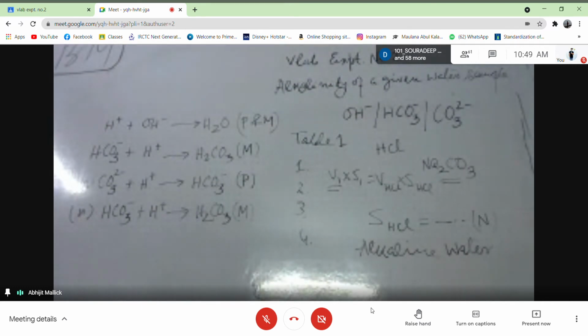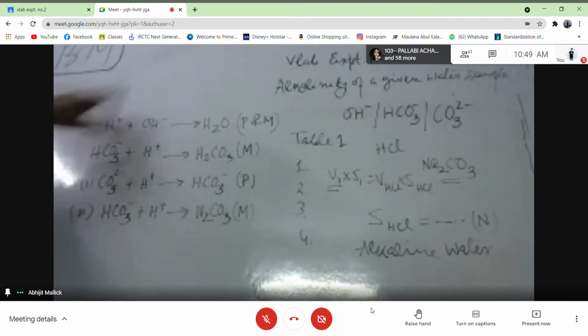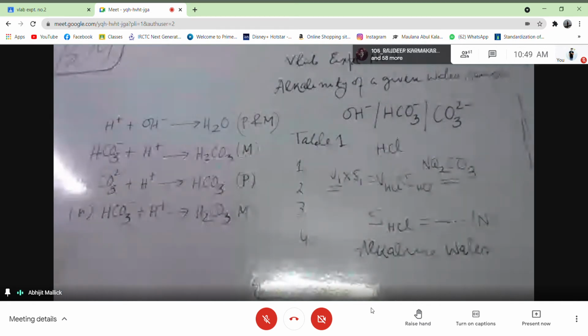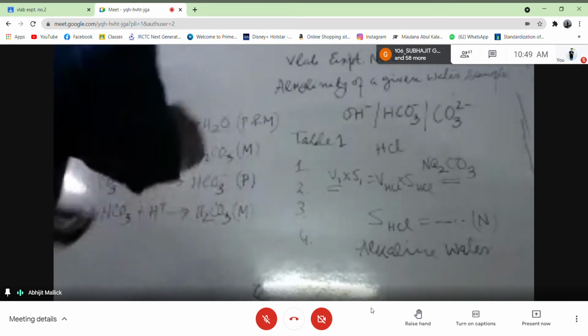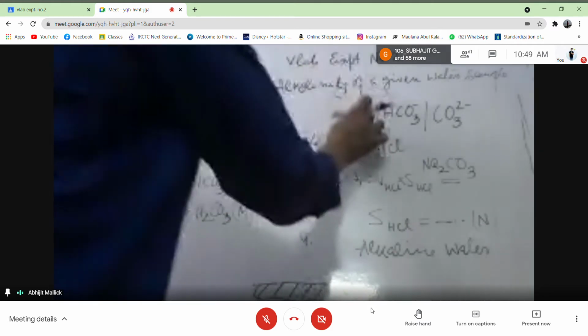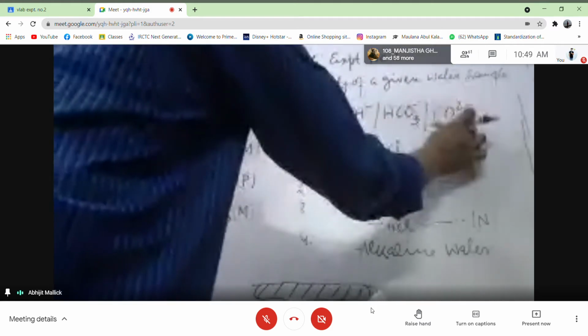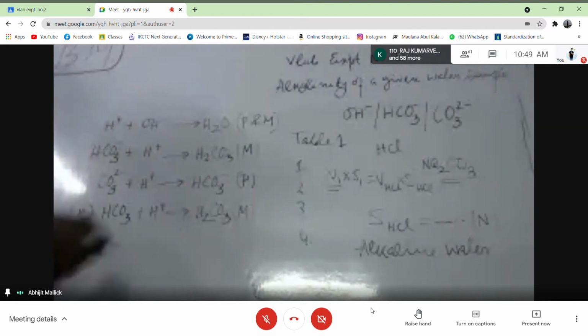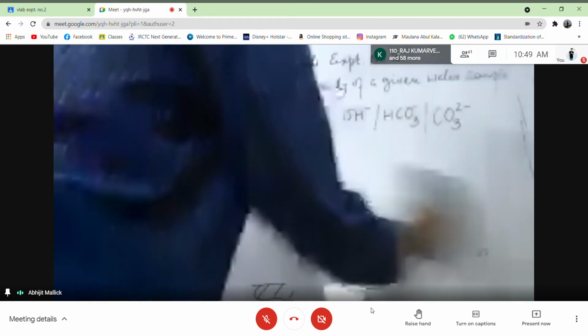And methyl red can also determine OH minus. So we can use methyl red indicator alone. If we use methyl red indicator alone, all the radicals are neutralized safely, and we will get the alkalinity, that is the total concentration. That means we will get the concentration of OH minus plus the concentration of CO3 2 minus plus the concentration of HCO3 minus. For example, if we use methyl red, what will happen? Let's see. This is not required, so I am erasing it.